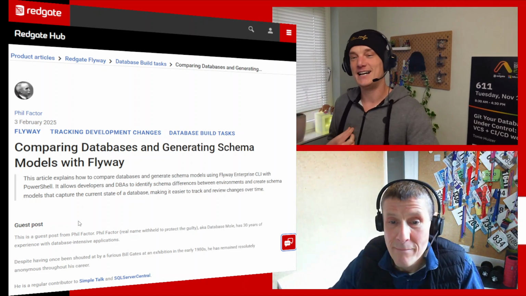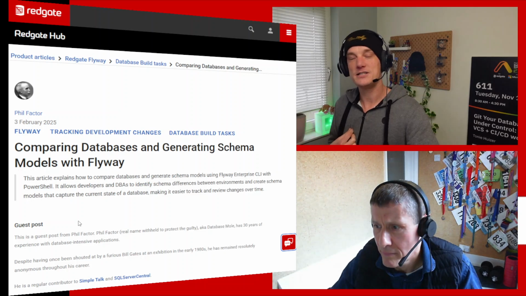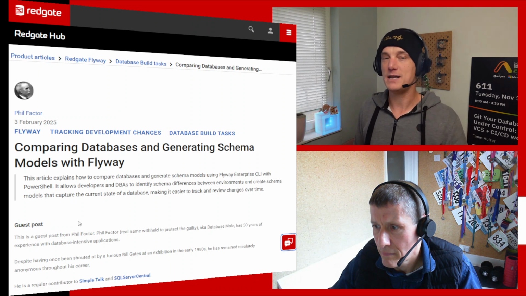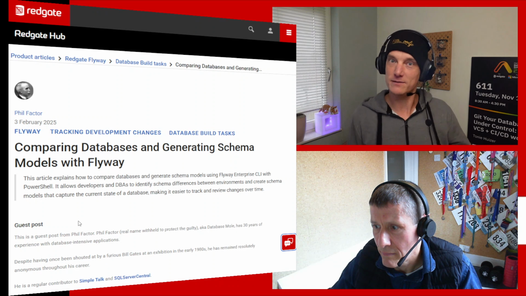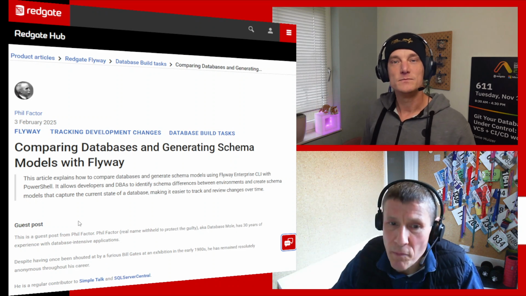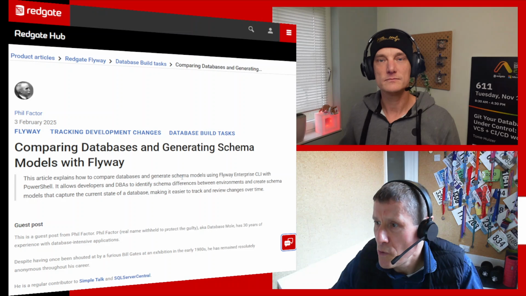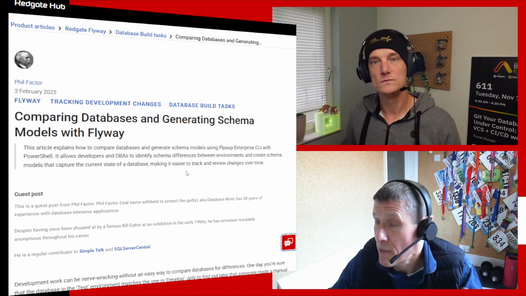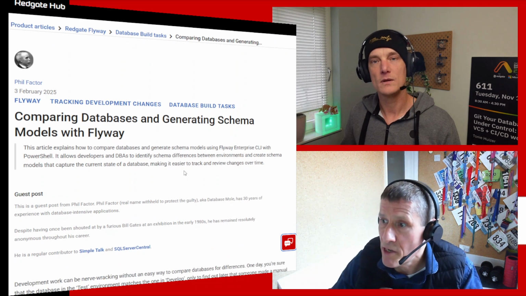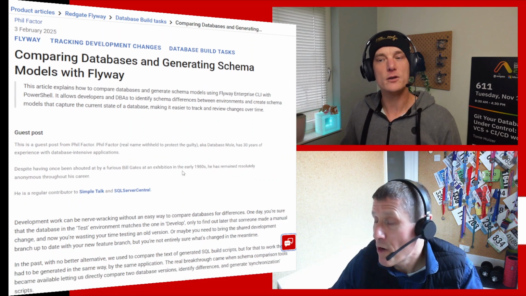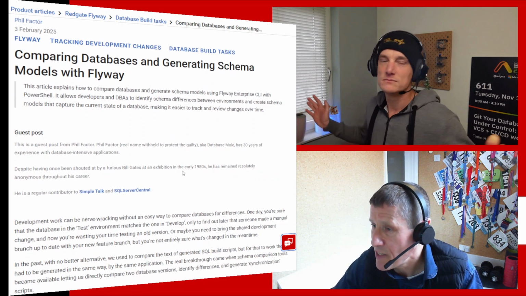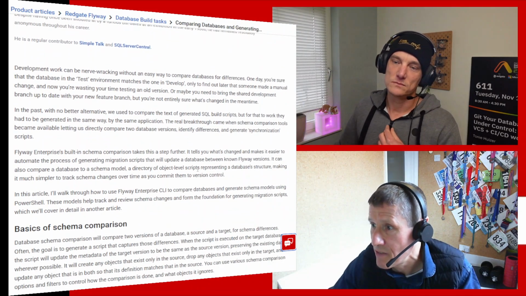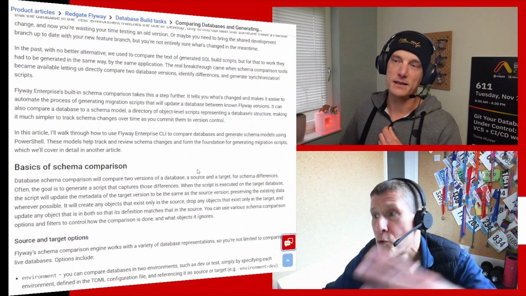But Phil is going CLI style with different things to check out what's happening with the new keywords within Flyway. So basically, some new commands have been added to the Flyway CLI that are based around the new schema comparison capabilities that are built into the engine now. Any user of SQL Compare will be familiar with it: you compare a source database to a target database, you get the differences, you generate a script that captures the differences. And you can do all sorts of other things with it as well.